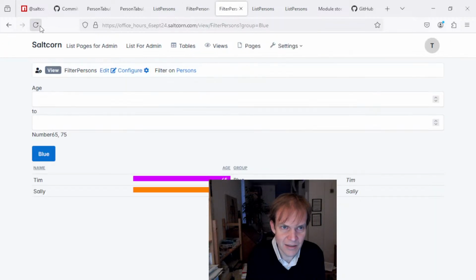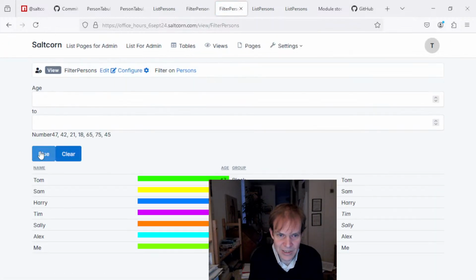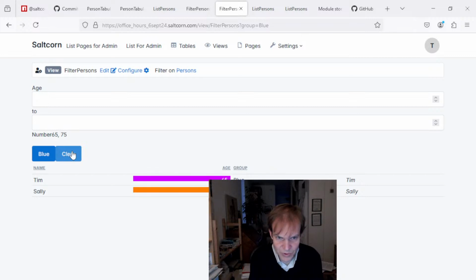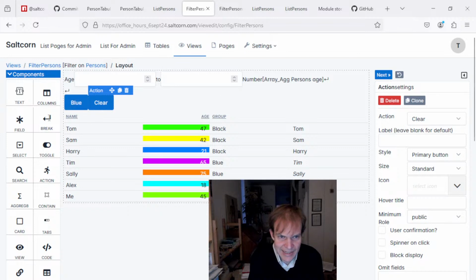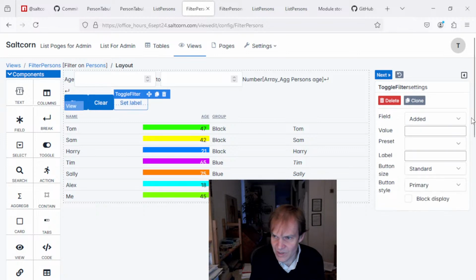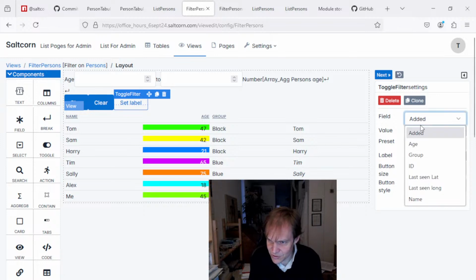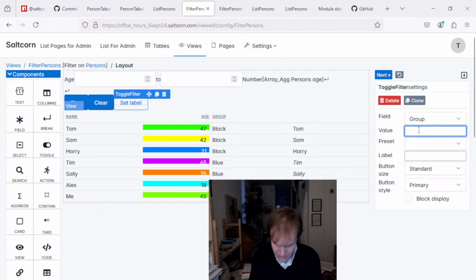Okay. So now we can clear that, and now we can pick only the blue. Okay, so that actually wasn't necessarily so necessary, and is also a little bit of a worse user interface, because this toggle here has a very nice functionality. So if we set the field to group, we set this to blue,